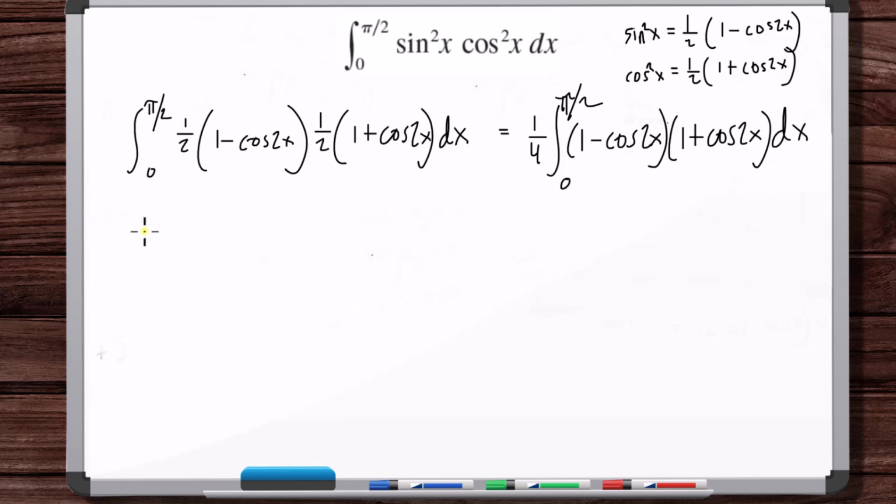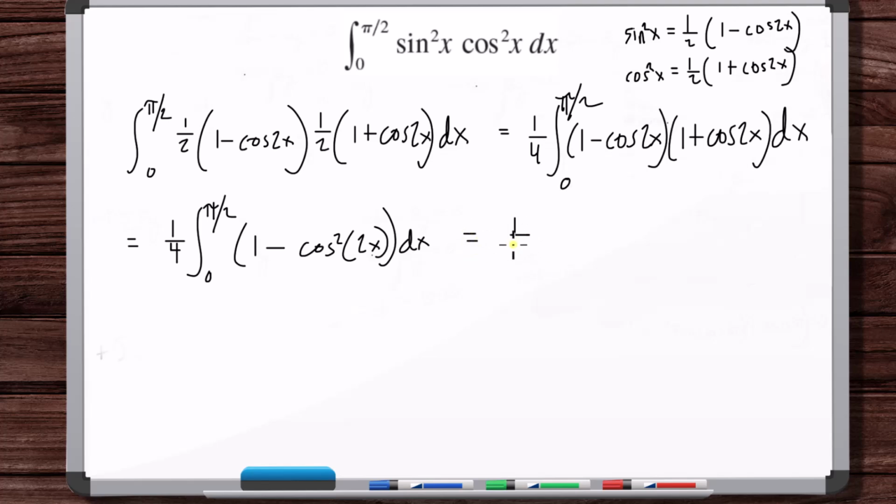Yeah, so one minus cosine squared 2x. So this is 1/4 minus